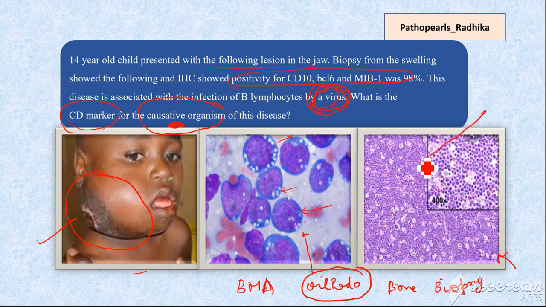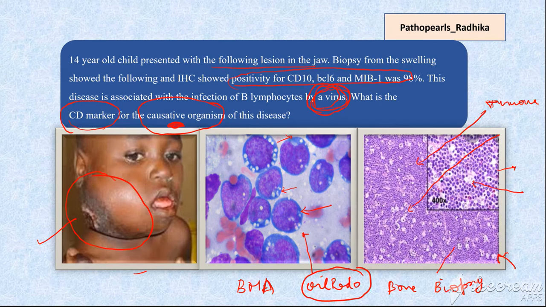So I hope all of you are able to see two areas. Okay, what are these two areas? You're seeing some blue areas and some light areas, right? So what you are seeing here is these blue cells, and these pale areas are nothing but tingible body macrophages. So what is the star and what is the sky? So the sky is formed by these multiple tumor cells.